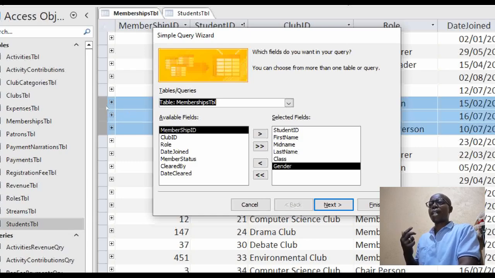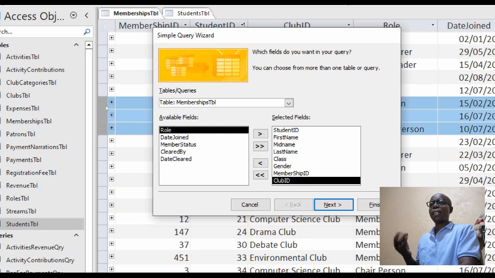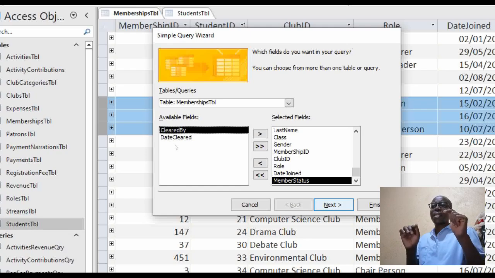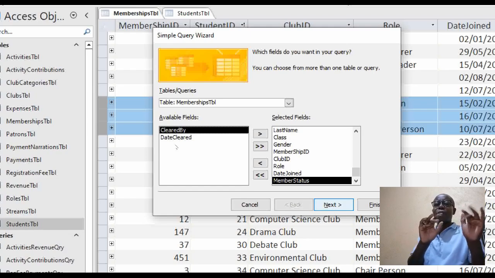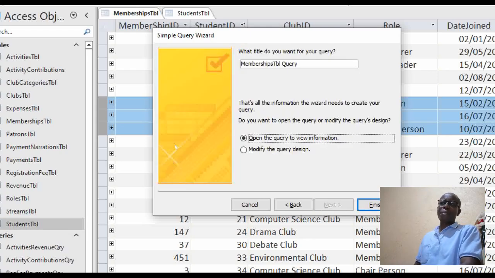Now I want to pick membership ID, then club ID, then the role, the date joined, and membership status. I don't know whether we had created such a query, but this one we shall earmark as a query to gather those students who have not as yet joined any particular clubs. Okay, I've clicked next.